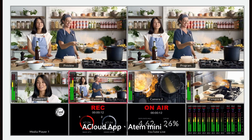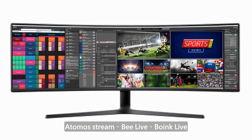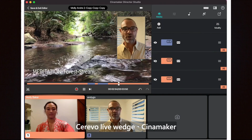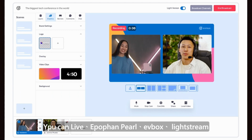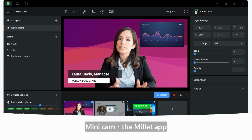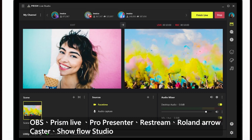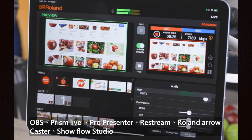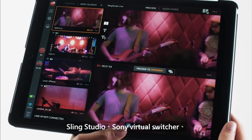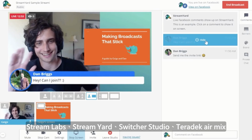You could use your cell phone, a cloud app, or something like an ATEM Mini, an Atomos Stream, BeLive, Boink's Mimo Live, the Cerevo Live Wedge, Cinemaker, Ecamm Live, the Epiphan Pearl, EVMux, Lightstream, Minicam, or the Melon app, OBS, Prism Live, ProPresenter, Restream, or the Roland Aerocaster, ShowFlow Studio, the Sling Studio, the Sony Virtual Switcher, Streamlabs, StreamYard, Switcher